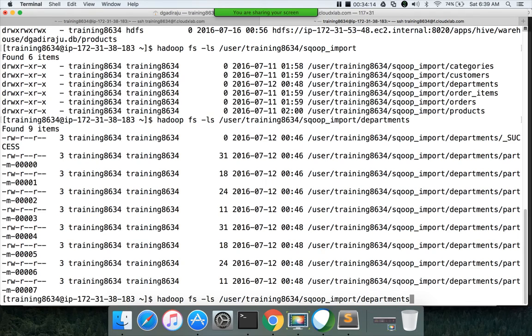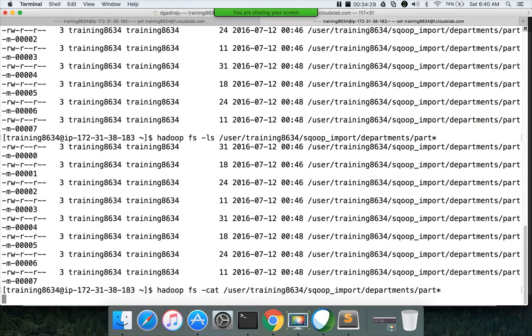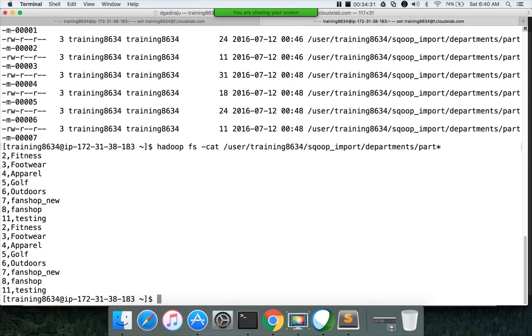There is data, and let me confirm the delimiters by reading the data. I have to do the cat command here. I will explain why I am doing this once I validate the data, and this is very, very important. You have to listen to this. So here you can see the delimiter is comma.